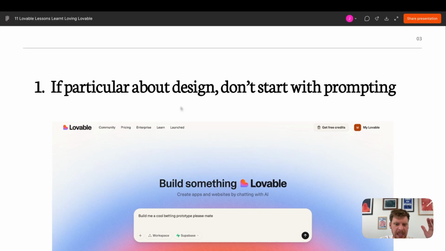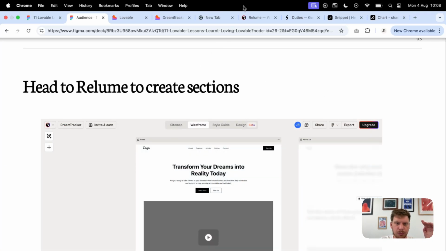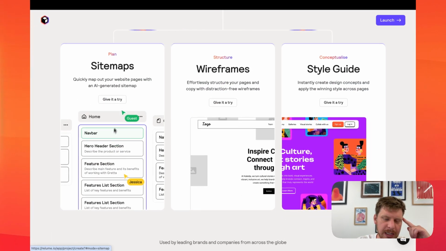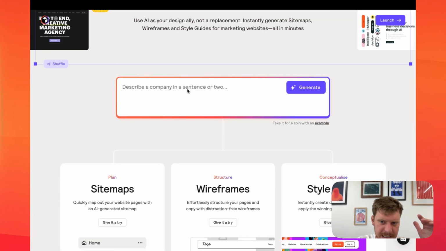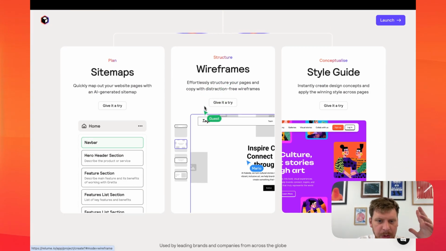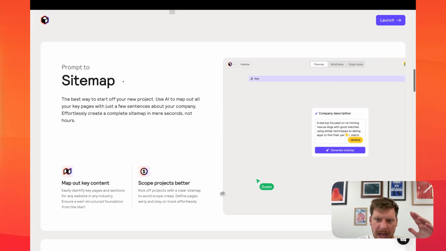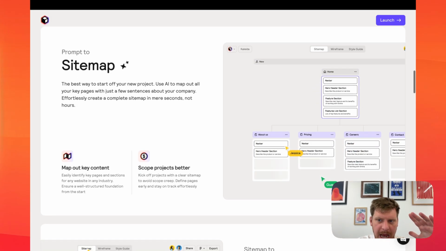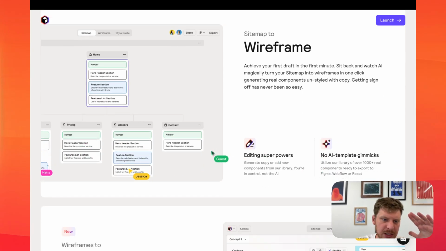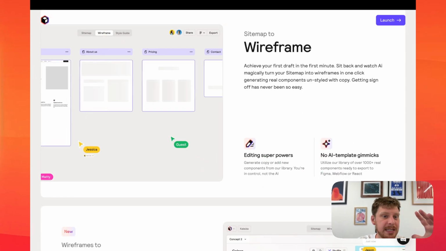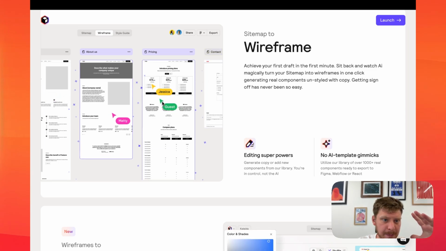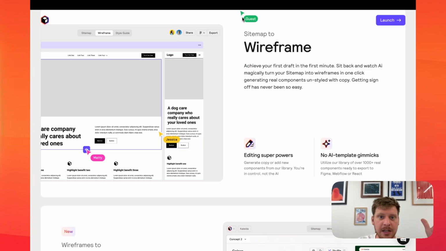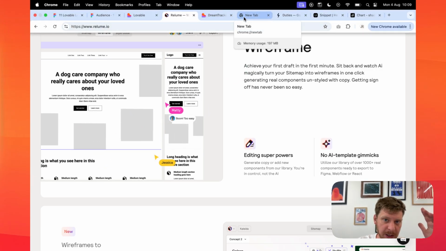So what I recommend doing is going to a tool called Rayloom, which is here. You can type your prompt in here, type the idea that you have, and it will give you wireframes. And it is mad effective. It will give you wireframes, it will give you copy, and from there, you'll be able to create something that is pretty damn solid. You can change the copy, you can change all of that stuff. It's super easy to use. Then you can export this to Figma.